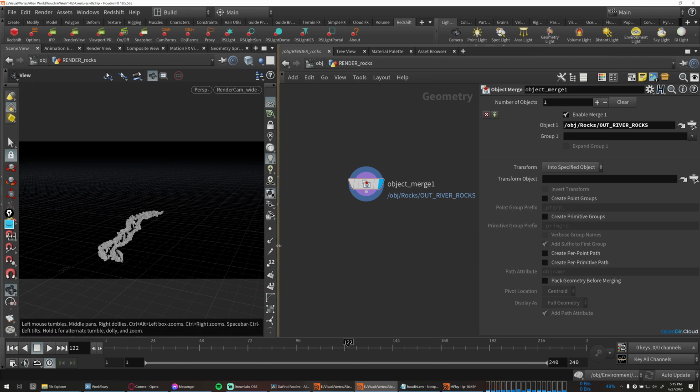So we've got the environment, creature, and rocks, and the last one we need right now is for the water. Call this render_water, and we'll dive inside here. Once again, object merge, and point this to object/waterTemp/outWaterTemp. Okay, cool. So we have all of these render objects set up, and let's go to the out context